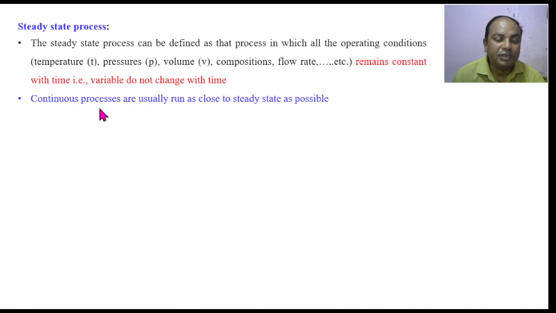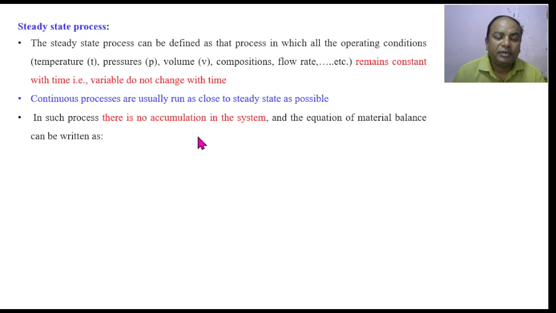A continuous process actually runs under steady state condition. All the operating conditions, all the process variables remain steady or constant whenever any process is running in a continuous way. When the process is running under steady state condition, we can say that all the process variables remain steady or constant, and whenever the process is a continuous process,